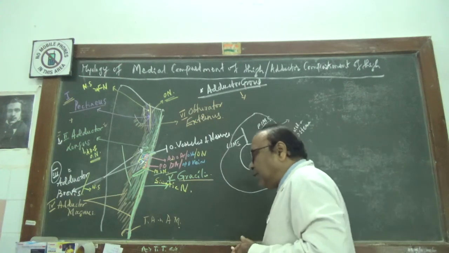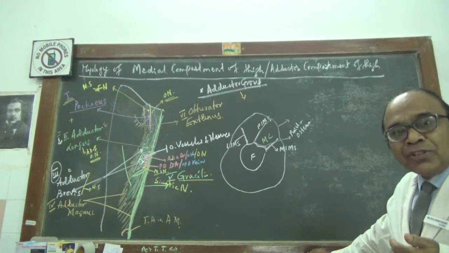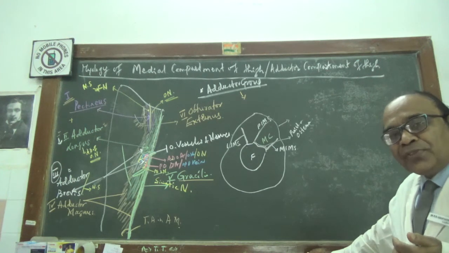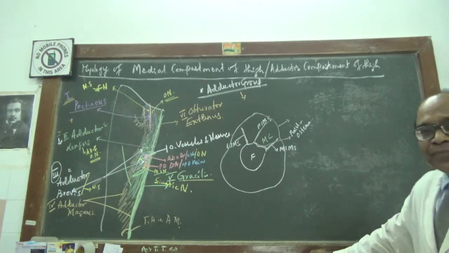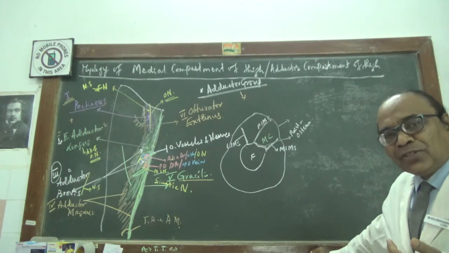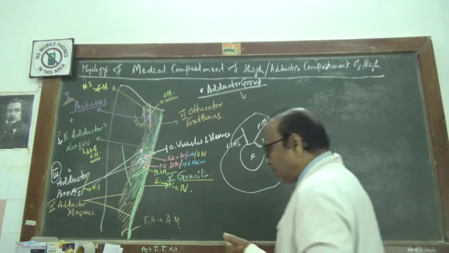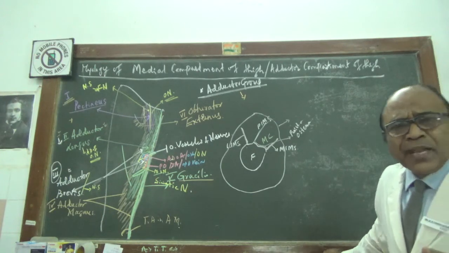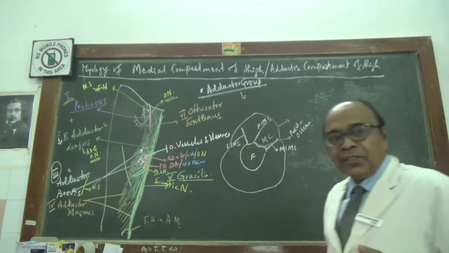Now this muscle takes origin from the external surface of the body of the pubis bone and the femoral surface, or external surface, of the inferior ramus of the pubis, very close to the lower border of the inferior ramus of the pubis, just below and in front of the origin of the adductor magnus, and below the site of origin of adductor longus and adductor brevis. From that point of origin, this muscle runs straight vertically down,